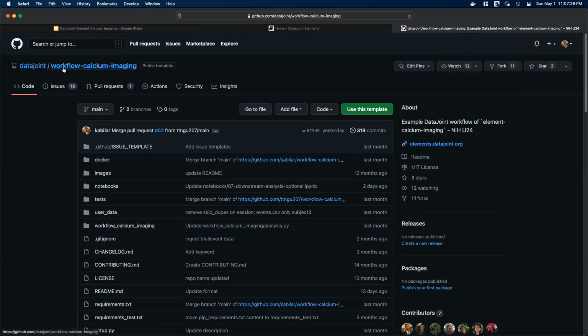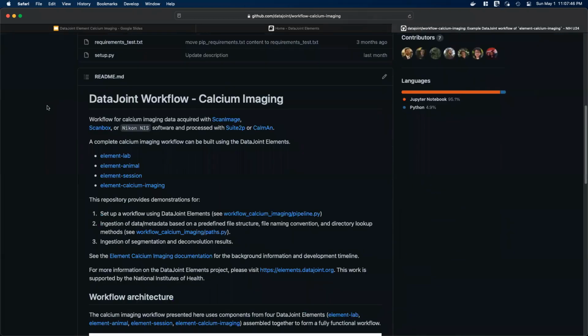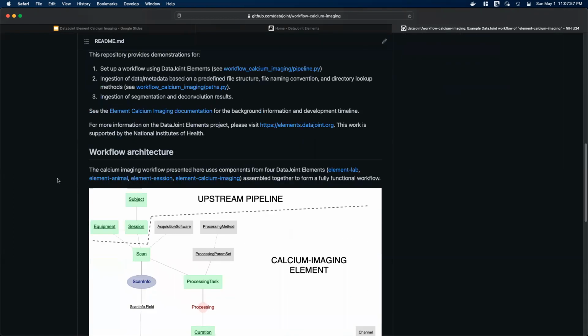So here we have the DataJoint workflow for calcium imaging, and we have the accompanying Element Calcium Imaging as well. And this DataJoint workflow for calcium imaging comprises four different elements: Element Lab, Animal, Session, and Calcium Imaging. And the pipeline